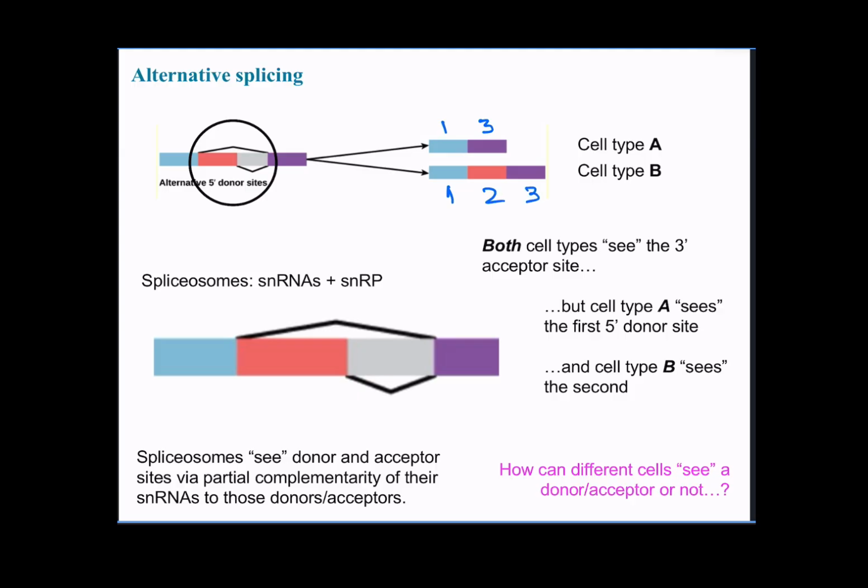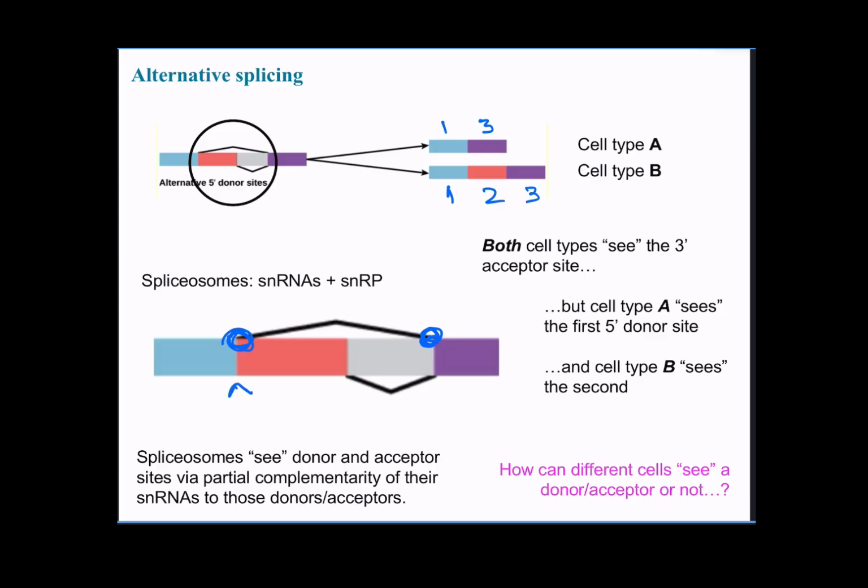Right? So that's the scenario. How this happens is, in cell type A, the spliceosome, the machine that does the splicing, recognizes the donor site present at the 5' end of exon 2 as a donor site, and the 3' acceptor site of this intron. Whereas in cell type B,